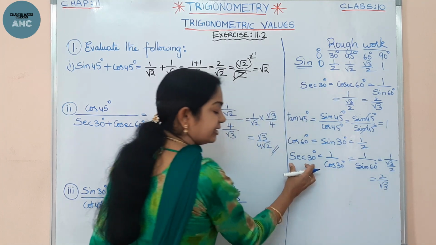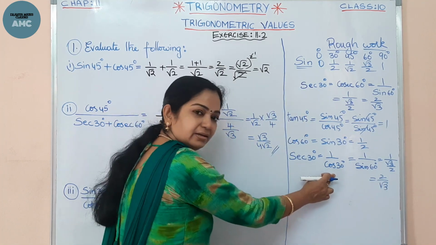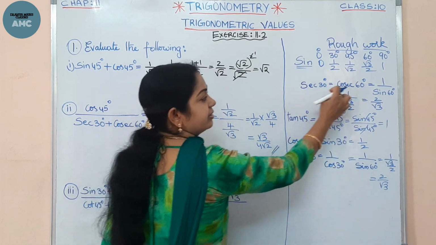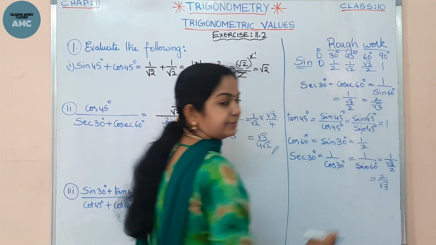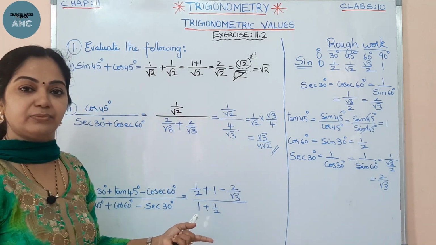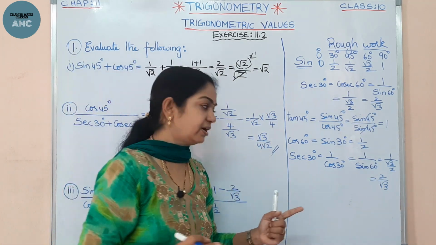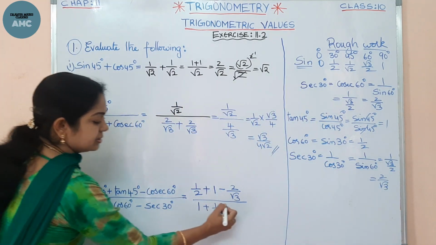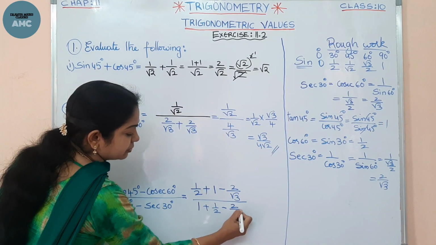Here, this I did another way. I have taken the multiplicative inverse, then I have substituted the complementary. Before, I took the complementary, then the multiplicative inverse. Either way you can do it, just bring it into the sine functions. Then you can write it down. So that comes to minus 2 by root 3.